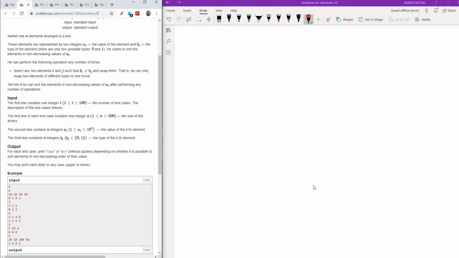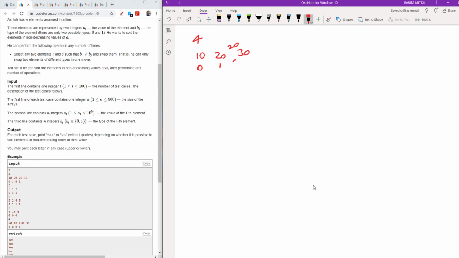Starting with the first test case, which has the values 10, 20, 30, 20 and 20, with bi values 0, 1, 0, 1. As you can see, it is already in non-decreasing order, so the answer is yes. I don't have to worry about that.